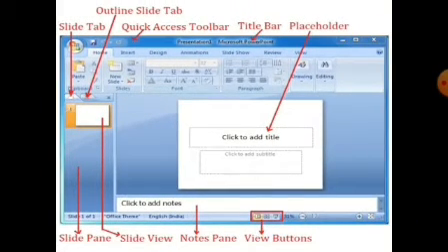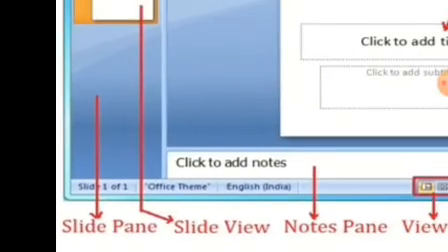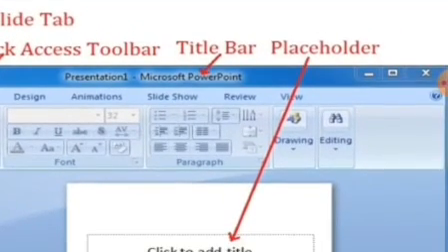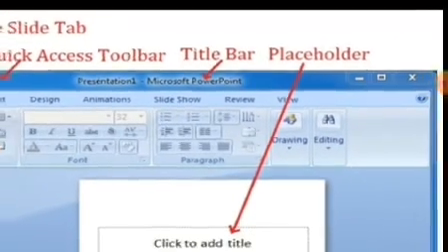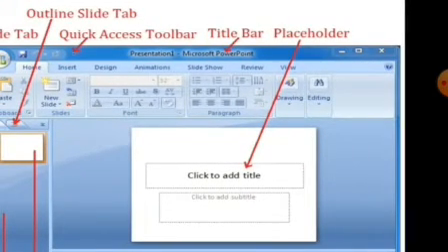Okay, and the ribbon consists of two things, that is tabs, and the groups of small tabs called groups. Like Paragraph is a group. Font is also a group, and inside the Font box you can see the bold letter B is written, it is a tab.